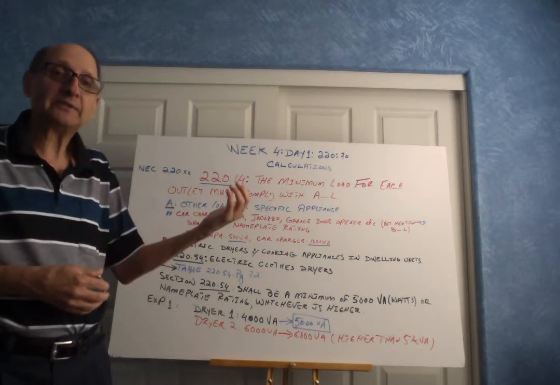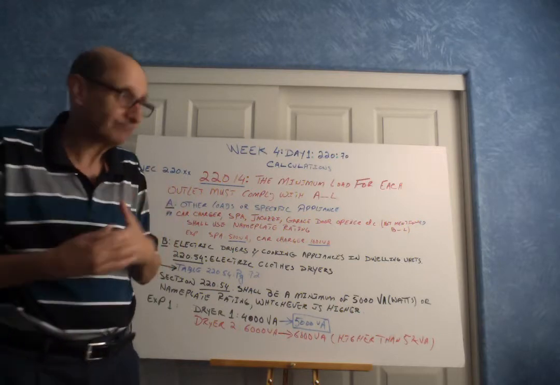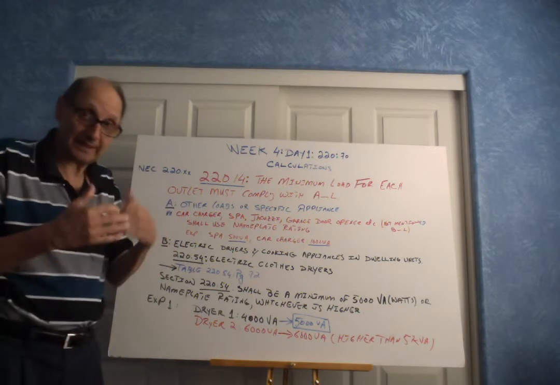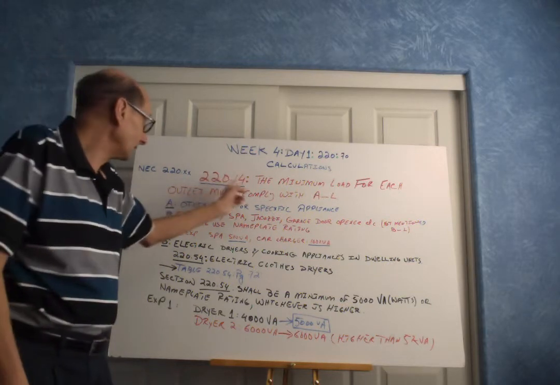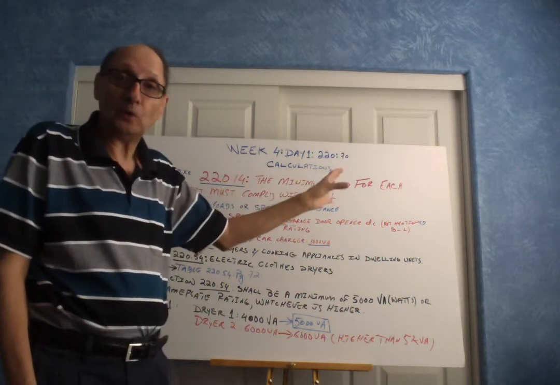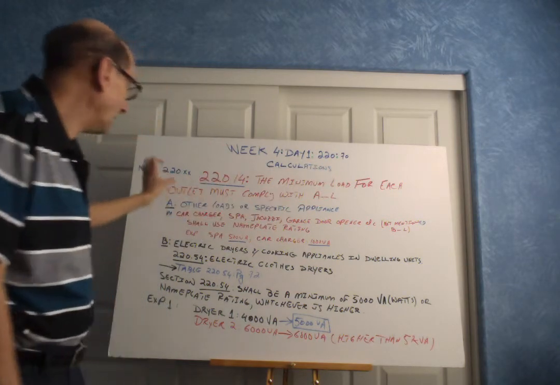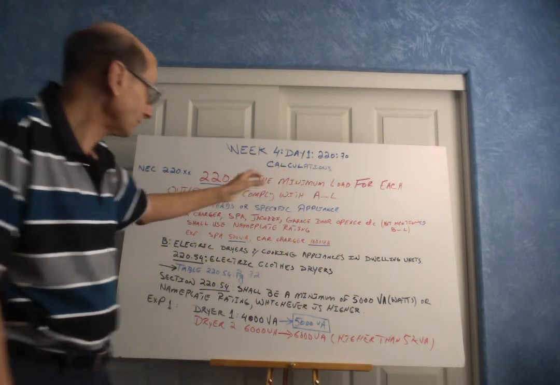So in this case, they want to make sure that we are in compliance as far as NEC is concerned. Again, section 220.14 states the minimum load for each outlet must comply with sections A